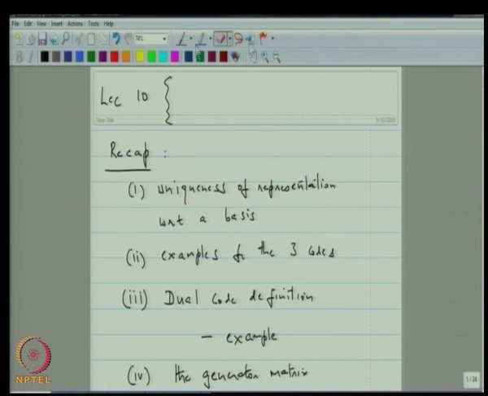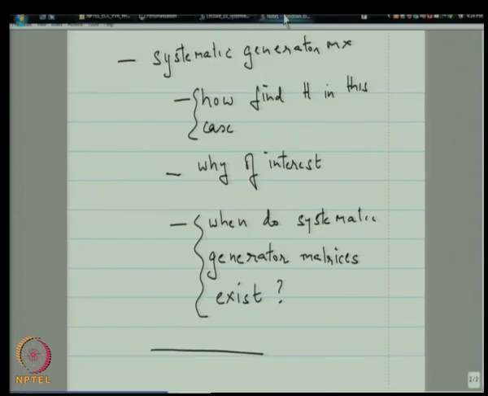So, let us take advantage of that, and I am going to call this, in hindsight, a systematic generator matrix, because that turned out to be the focus of our lecture. So, let me save that and get back to today's lecture,